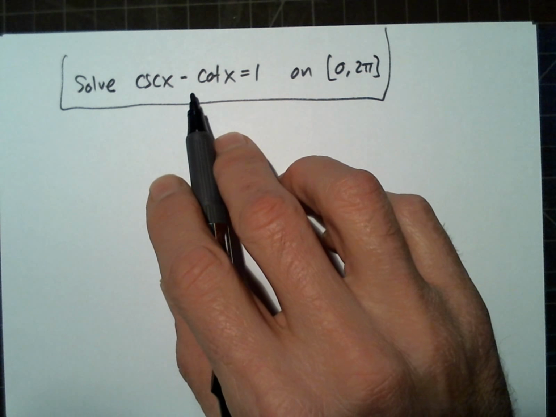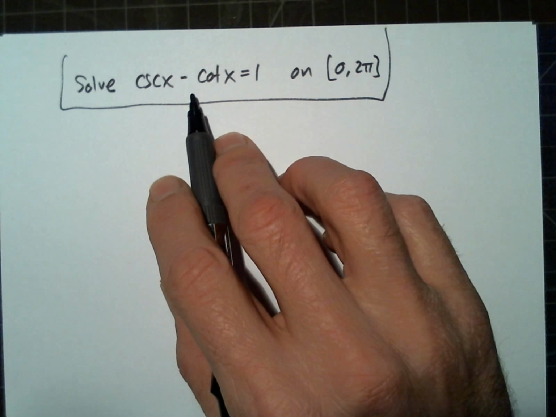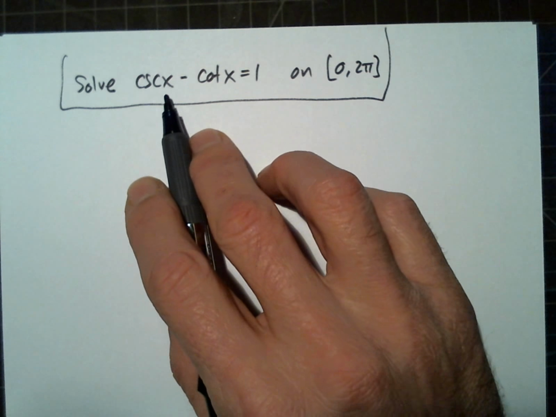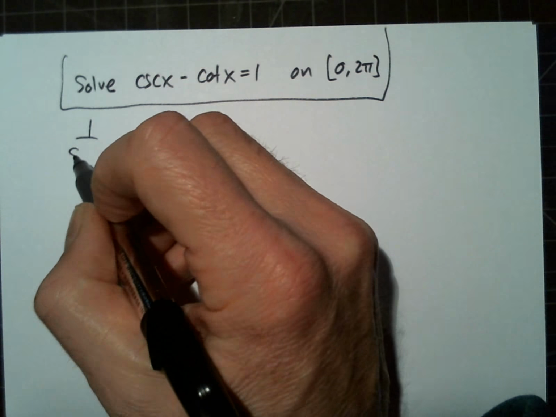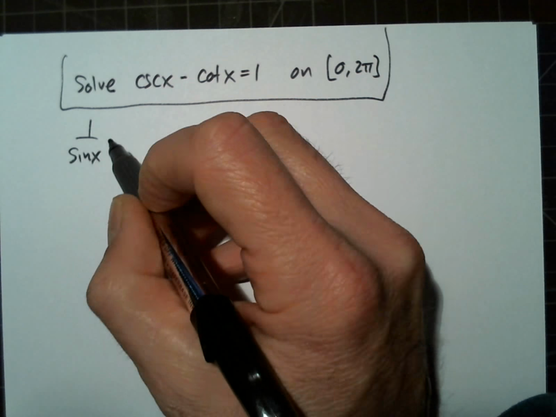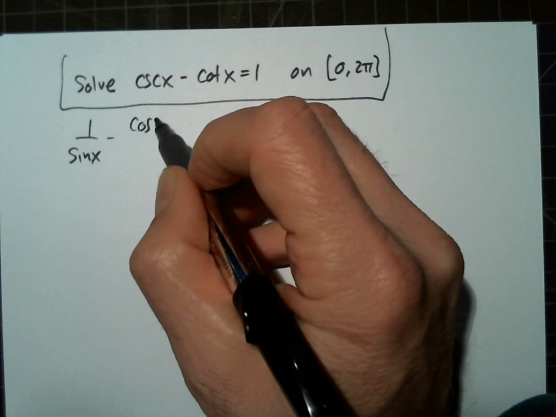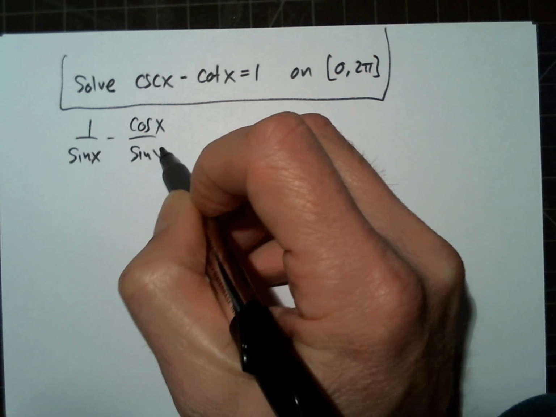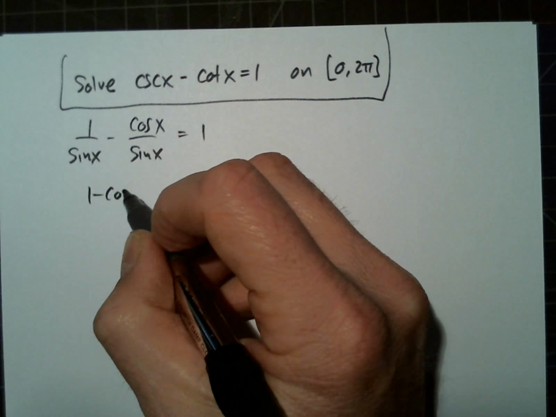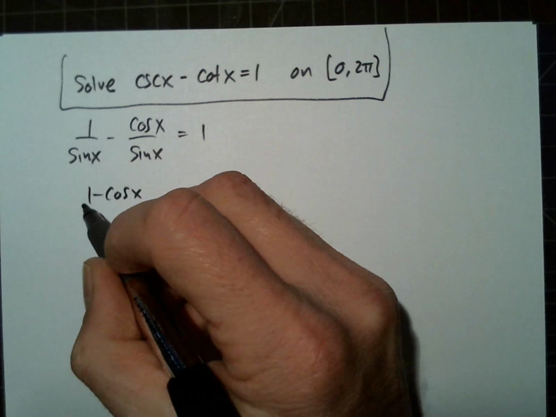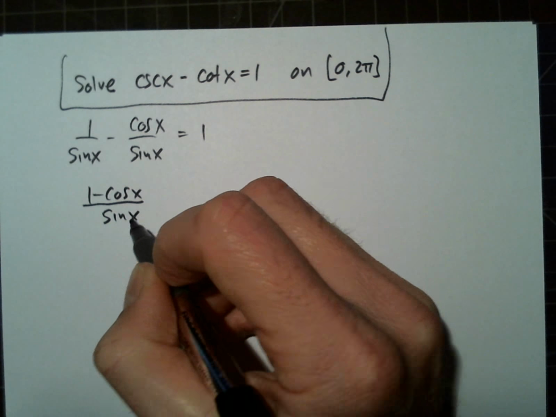I did it a different way, and I guess I'll do it both ways. If we get a common denominator, we'd have 1 over sine, and here we'd have cosine over sine. So 1 minus cosine over sine,